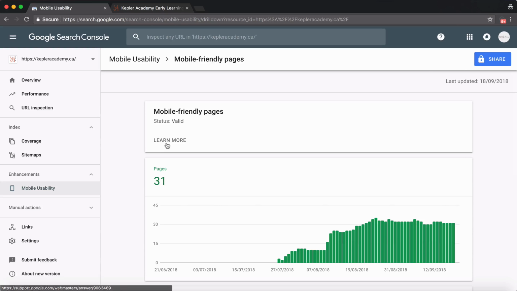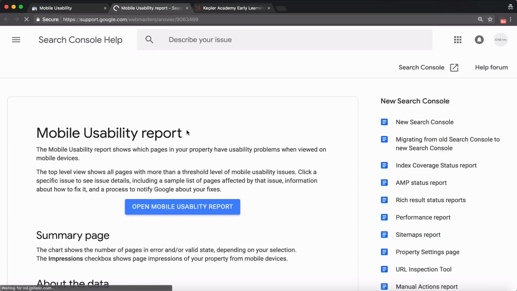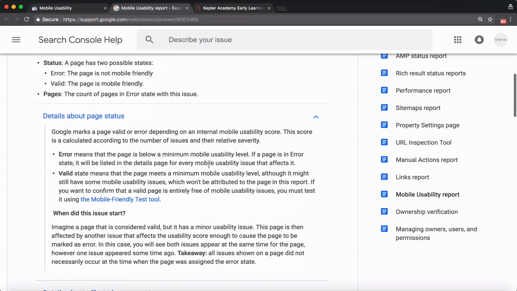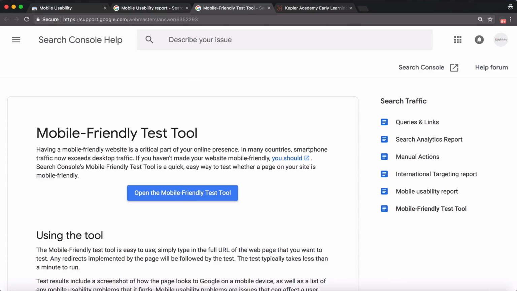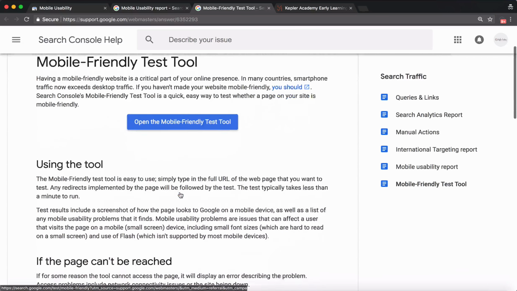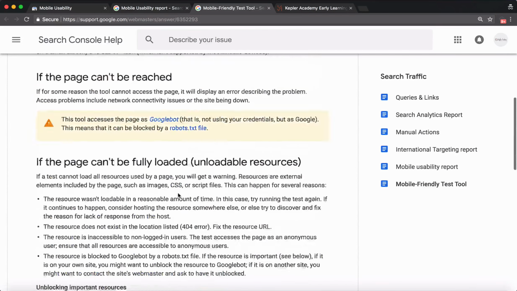So now if we click learn more, what I wanted to show you right here is details about status. So right here, valid, if you read that, it tells you the valid pages mean that they meet the minimum mobile usability level, although they might have some other issues, and we must use this tool in order to test for any issues. So if we click that tool, we're going to come here, and then you can click. Of course, you should be familiar with all this, so quickly give it a read. And if we open this tool,